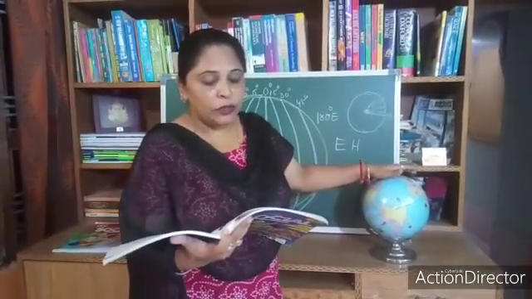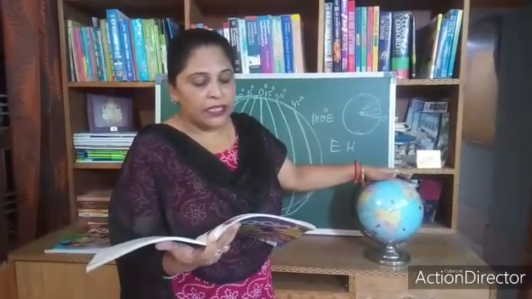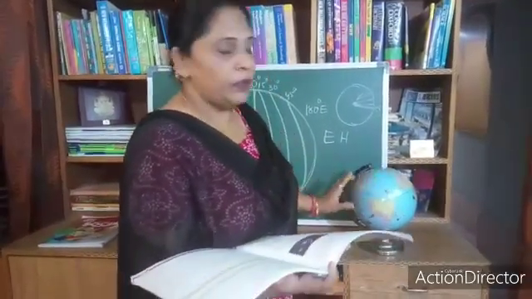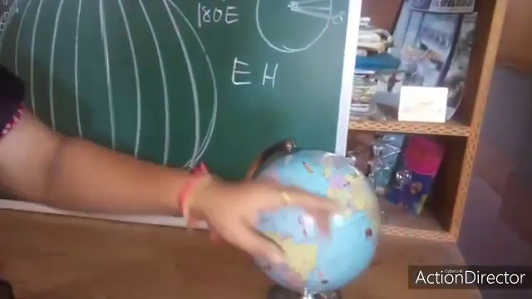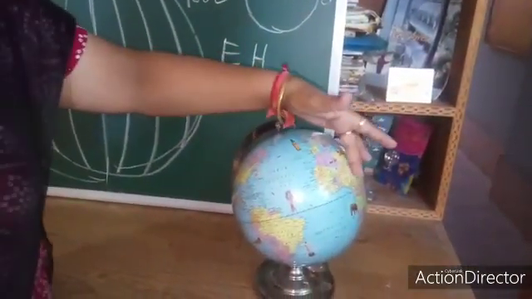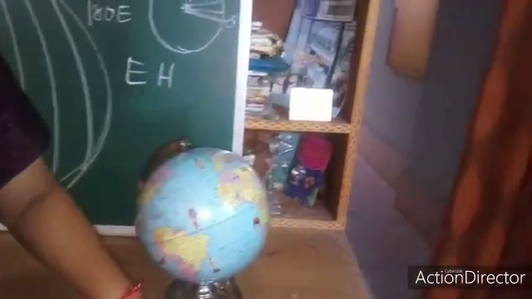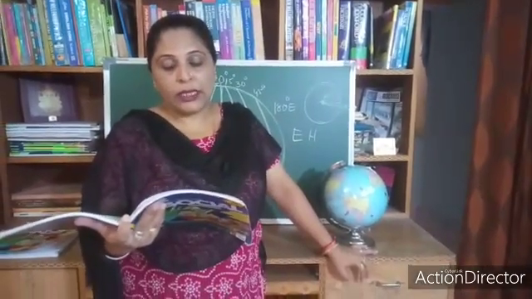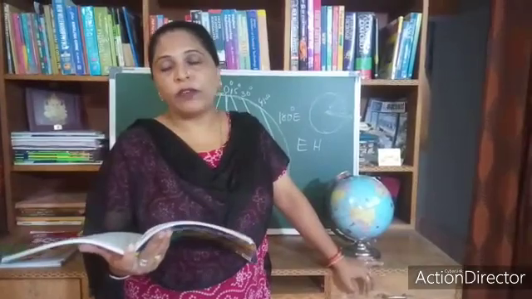Now think that the earth is rotating on its axis. Some places can see the sun while some experience darkness. Suppose this is the lighted area. Light falls up to here and up to here, and from here onwards the darkness starts. While some experience darkness, that is how days and nights are caused. This is because for each degree of longitude the local time varies.